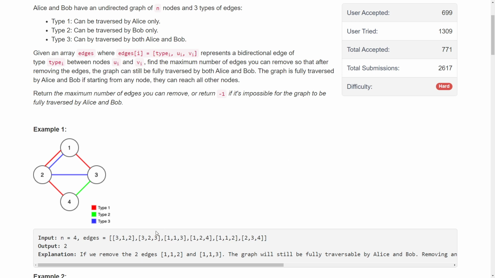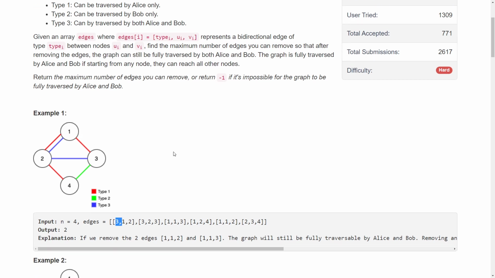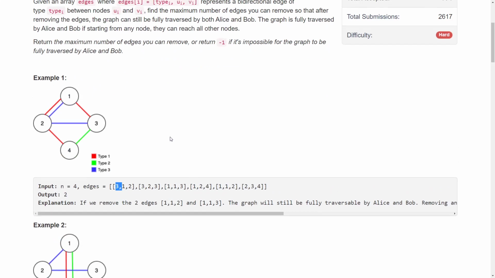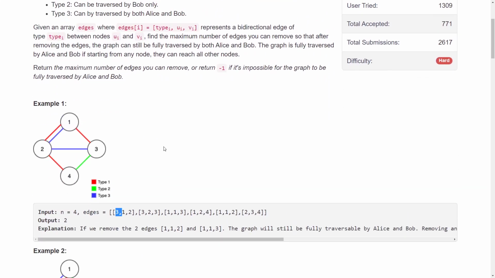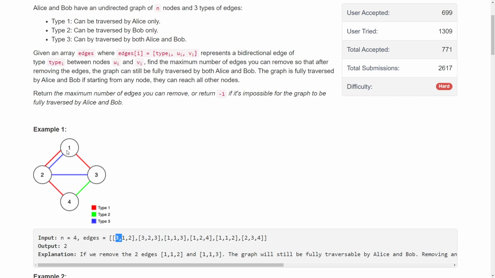Whenever I find an edge of type 3, I will add that component to both Alice's and Bob's sets. So for 3 1 2, now 1 and 2 are connected in both Alice's and Bob's components. Now if you look at the second edge, 3 2 3, 1, 2 and 3 are in both Alice's and Bob's components. So both components look like 1 2 3.